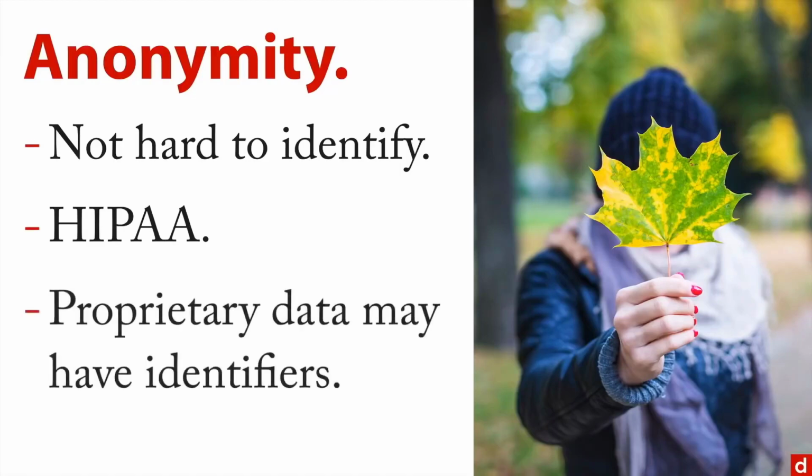And then also proprietary data. If you're working for a client, a company, and they give you their own data, that data may have identifiers. You may know who the people are and they're not anonymous anymore. So anonymity may or may not be there. Major efforts to make data anonymous. But really the primary thing is that even if you do know who they are, that you still maintain the privacy and confidentiality of the data.